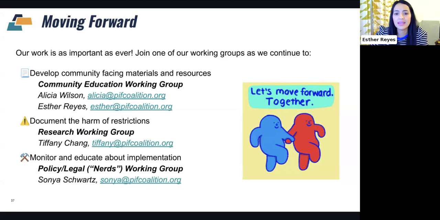And so the work that we are going to be doing, and that we really encourage all of you to join us in, is to work with us as we continue to develop community-facing materials and resources that we can use as we're working directly with communities. We'll also be developing simple ways to document the harm of these new restrictions. We want to make sure that we don't let these restrictions and the impact of them go unnoticed or undocumented. We want to make sure that we can document those and the impact that they're going to have